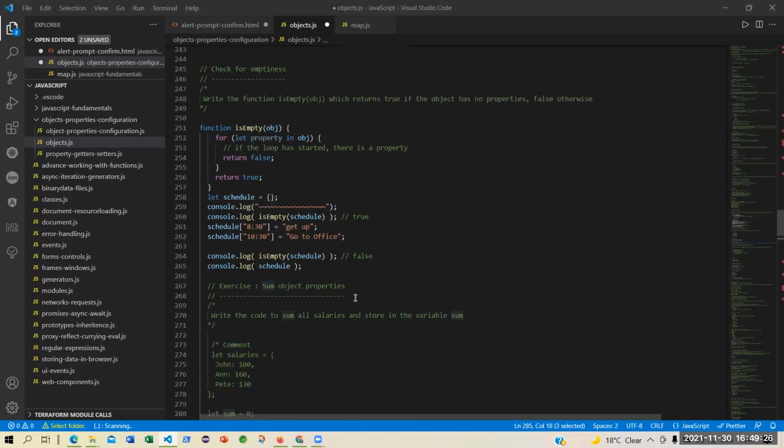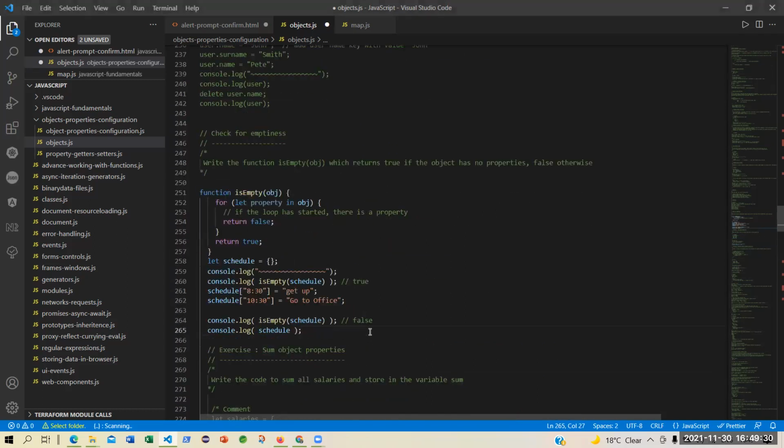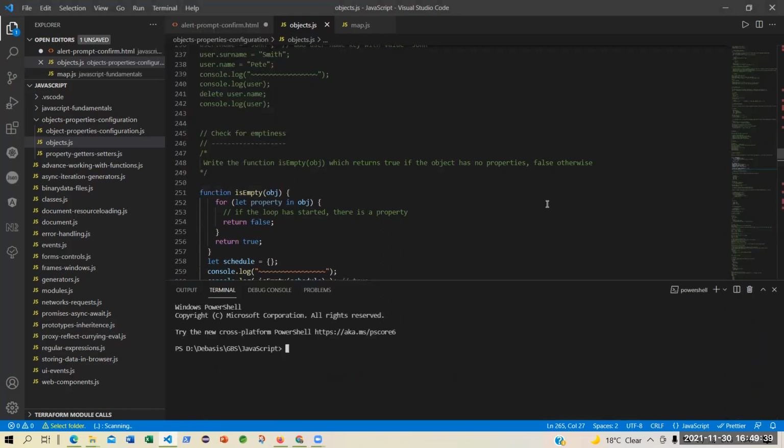So let us run this. Yeah, everything is commented. Let me save this and run this. So how will I run? I will invoke the terminal. I will say new terminal because I want to have a Node.js terminal, and I'm in the root directory.